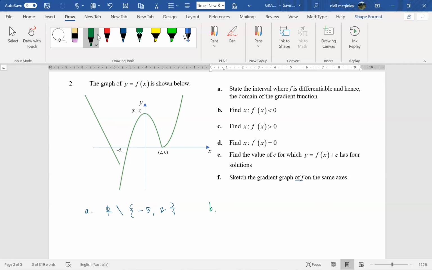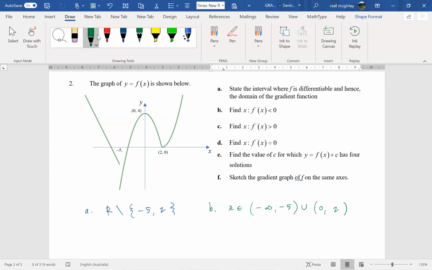Alright, so looking for values of x where there's a negative gradient. We can see here that there's a negative gradient in this section, so it's going from -infinity up to -5. And as we say, there's not going to be a gradient here, so it's certainly not going to be negative. And then we get another section here where the gradient's negative. This section between 0, not including 0 because the gradient is 0, and 2, and it will not include 2